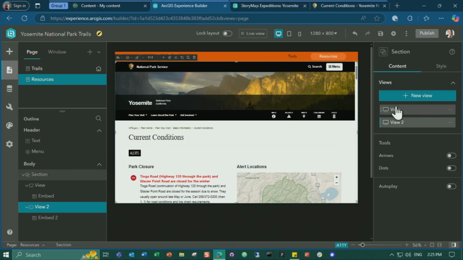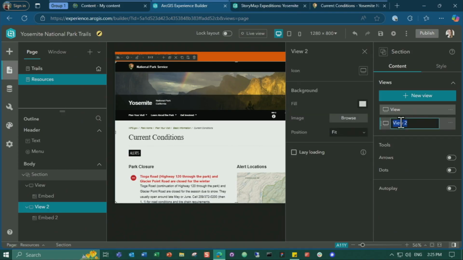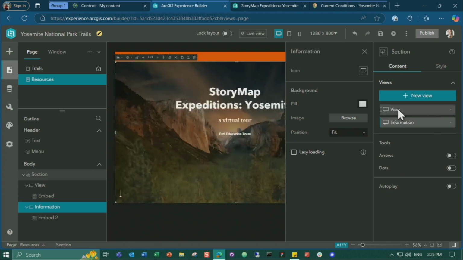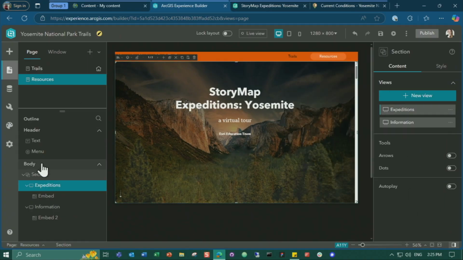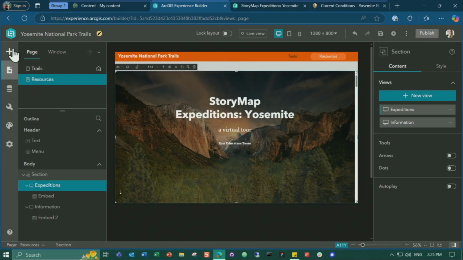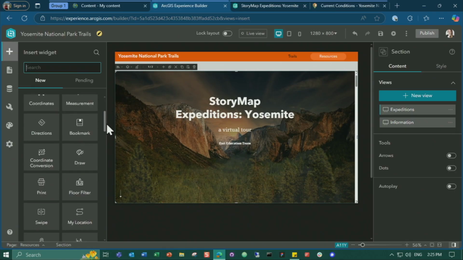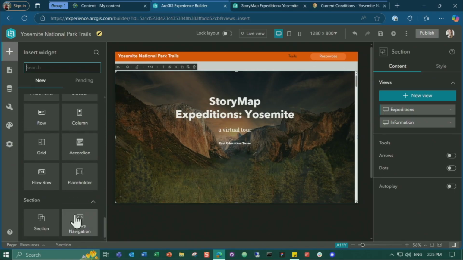Now I can also rename those two views. So one of them is going to be information, and my first one is expeditions. Now, to be able to navigate between those two views, I also need some kind of menu. In the case of sections, that menu is actually called a views navigation. So I'll add some space at the top, and going back to my layout widgets, and right below, in the